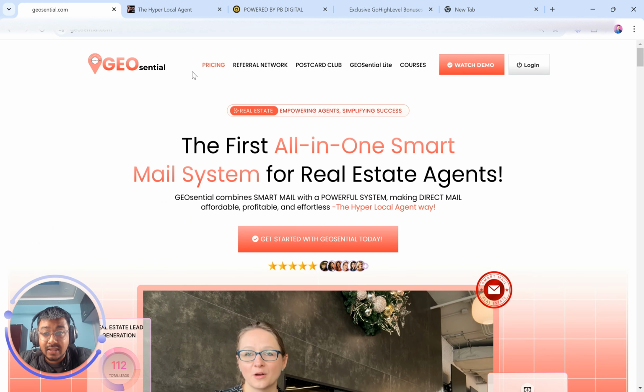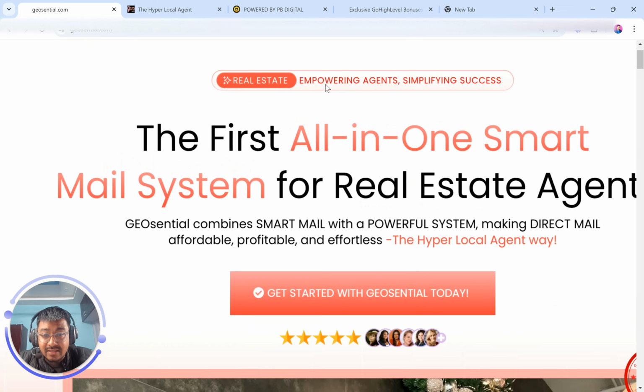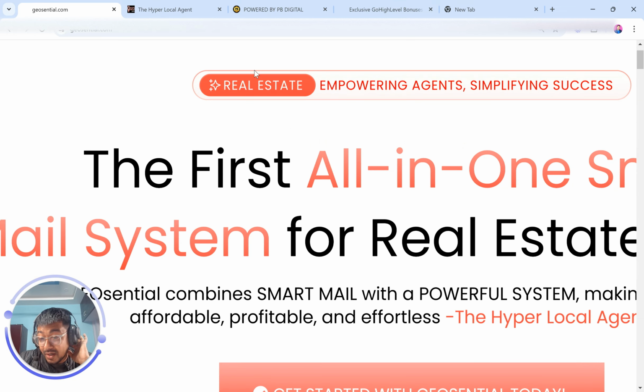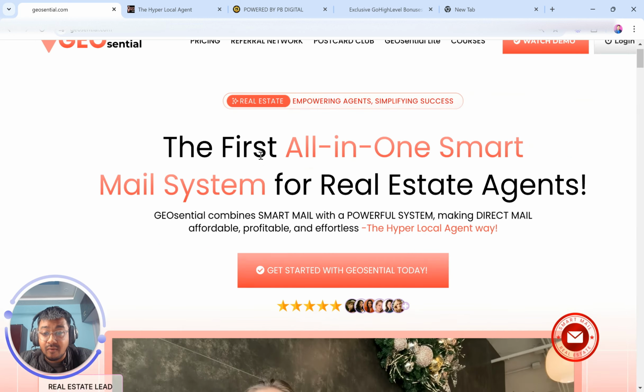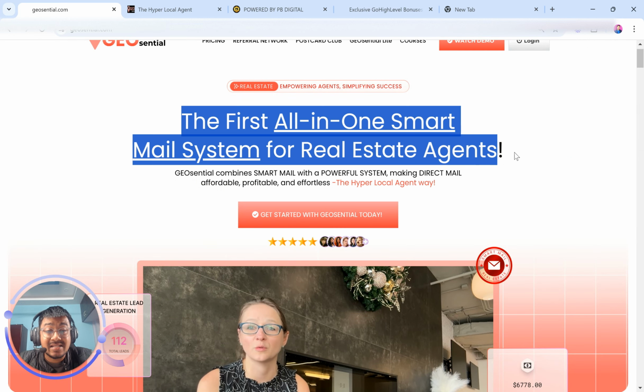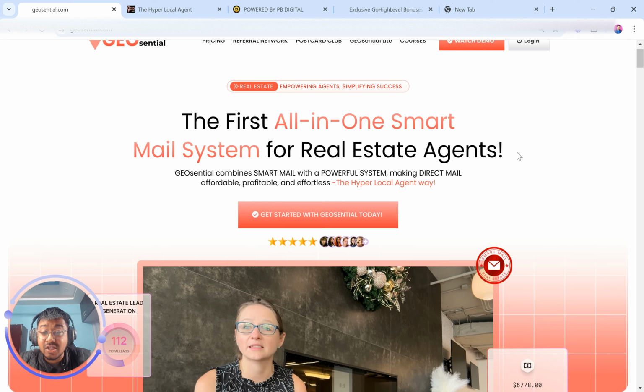So that's pretty much regarding the top section. And then you have this real estate empowering agents. Again, we're using a bit of custom graphics. We mainly use Canva Premium and Figma, a mix of both, in order to get good quality graphics for our clients. Again, as you can see, the headline itself: the first all-in-one smart mail system for real estate